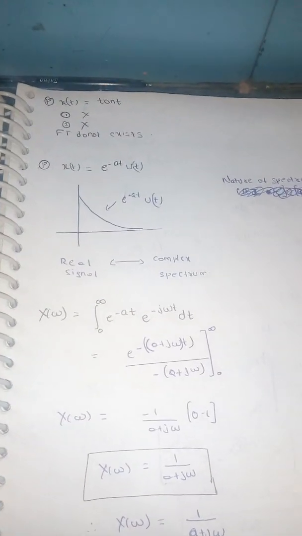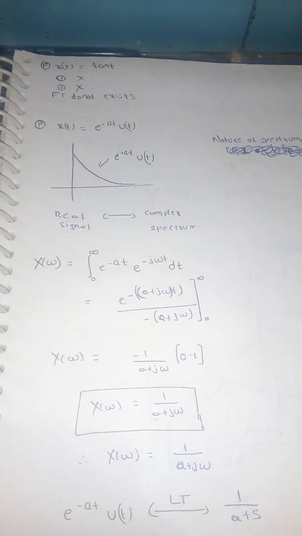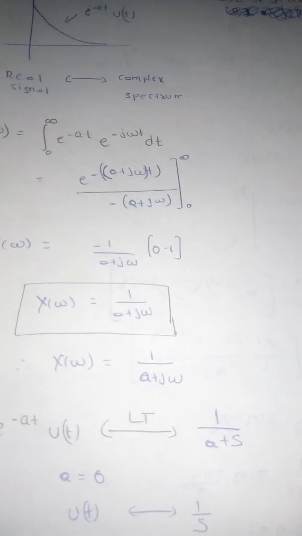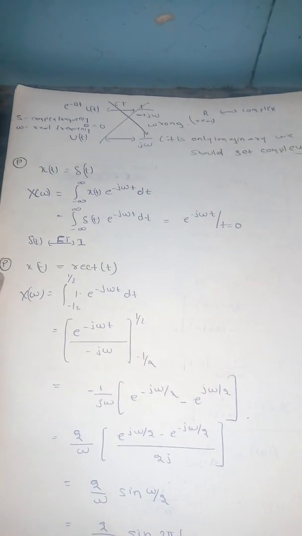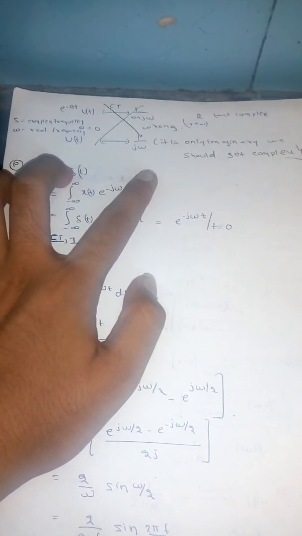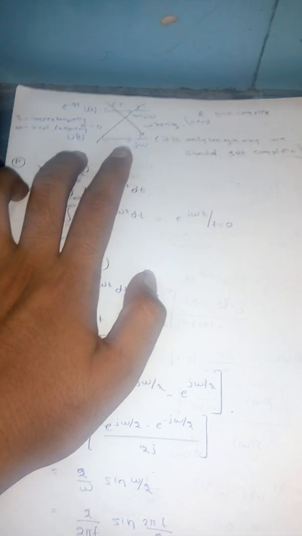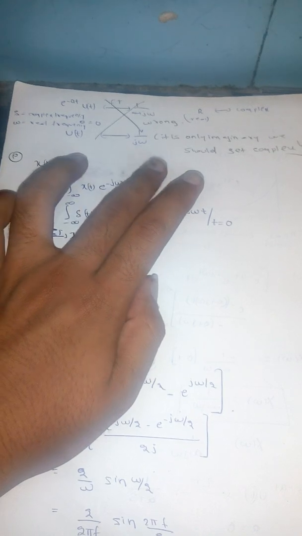Now we have the Fourier transform of e power minus a t u of t, and this derivation gives 1 by a plus j omega. The Laplace transform of e power minus a t u of t is 1 by s plus a, and the Fourier transform is obtained by s equal to j omega. The Laplace transform of u of t is 1 by s. But the Fourier transform of u of t is not simply 1 by j omega, because u of t is a real signal but we would get only an imaginary signal. So the Fourier transform of u of t has an extension: it is 1 by j omega plus pi